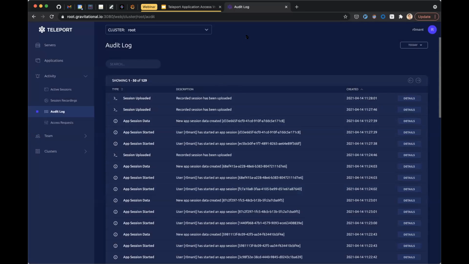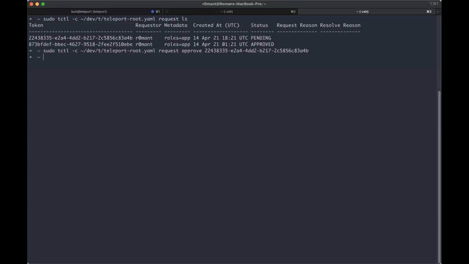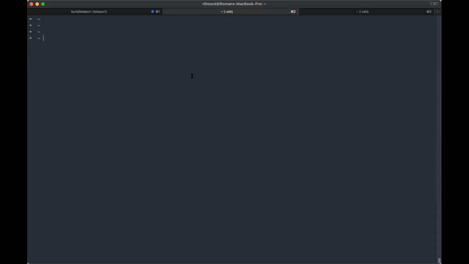All right, so for the final part of the demo, let me go ahead and share my terminal now, because here we're going to take a look at accessing the application's HTTP APIs over application access. Teleport supports a CLI app access flow, and it will be very familiar to existing Teleport users. But for folks who are newer to it, we can start by just logging into the Teleport cluster, right? The command is tsh login, and I specify my proxy endpoint,